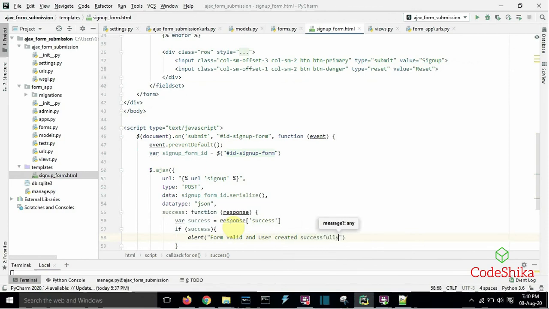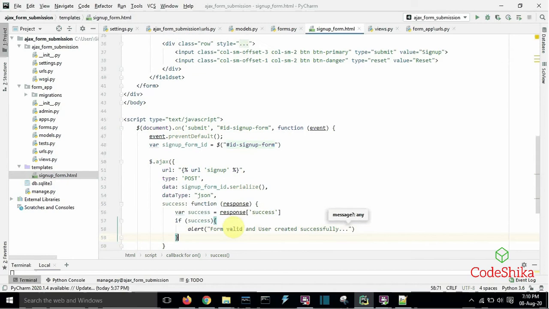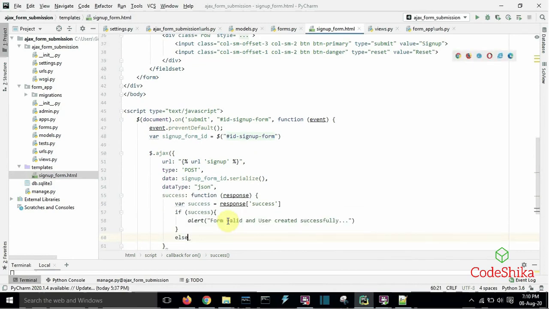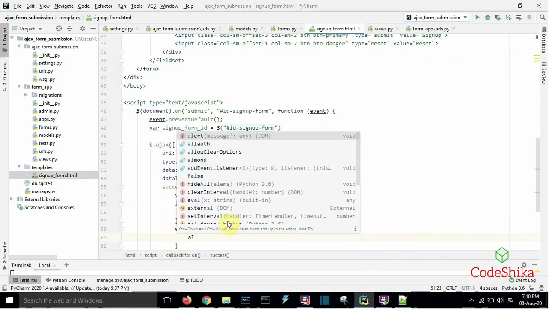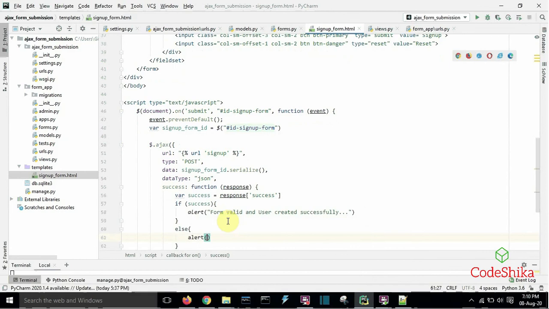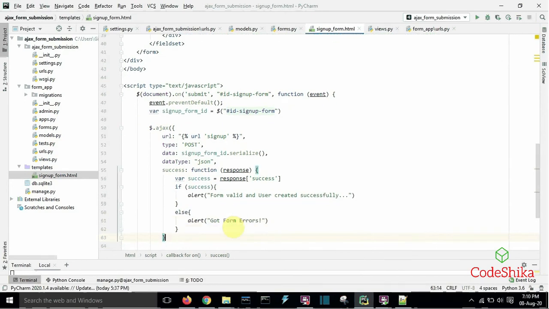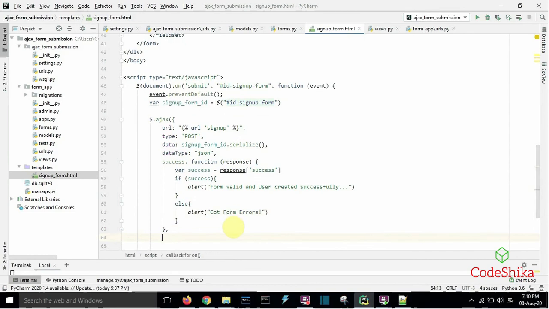We will show this message when the form is created successfully, else alert got form errors. Here we are fetching the success value from the response to check whether the form is valid or not.